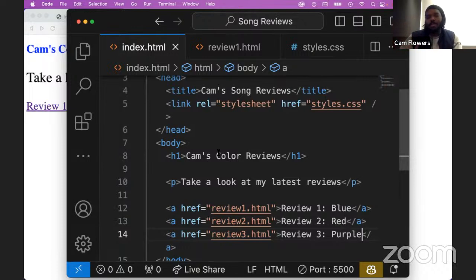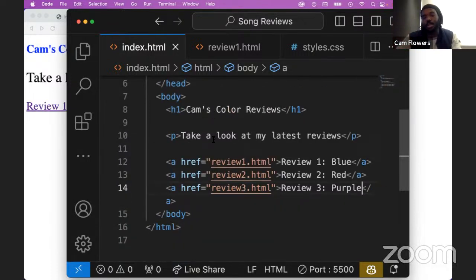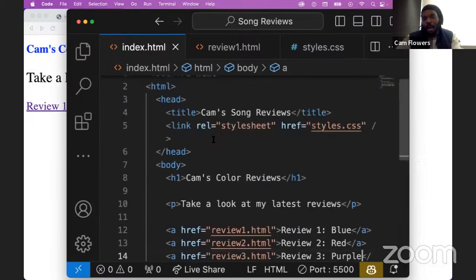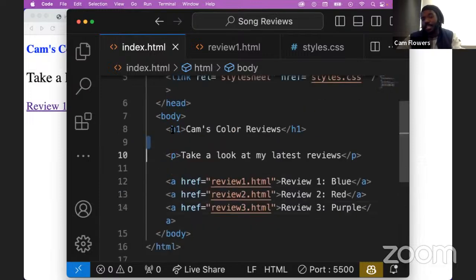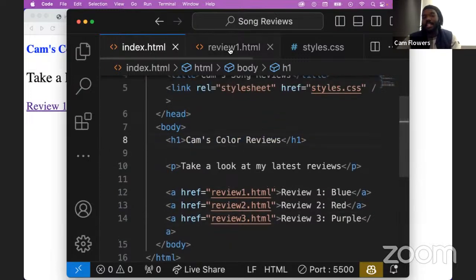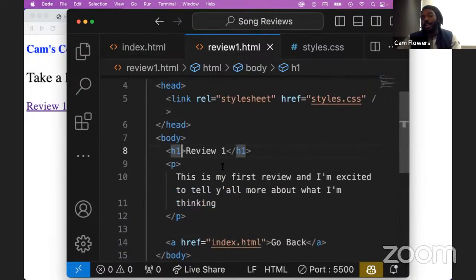So I'll show you how we can apply this in this little quick example. So I have a bunch of H1s, right? These headings. If I want to make it so that maybe the headings in each review are able to be targeted in a specific way, right? I might say, hey,